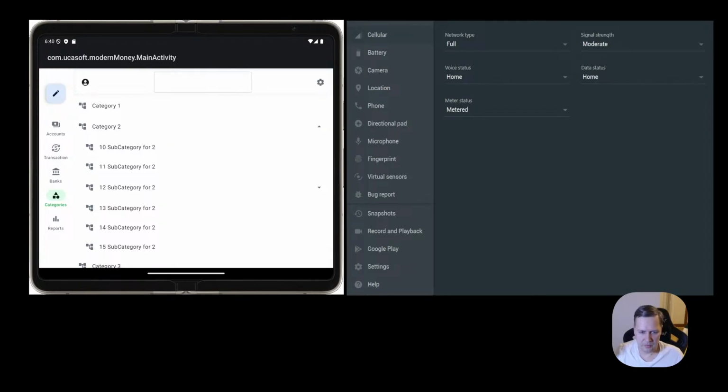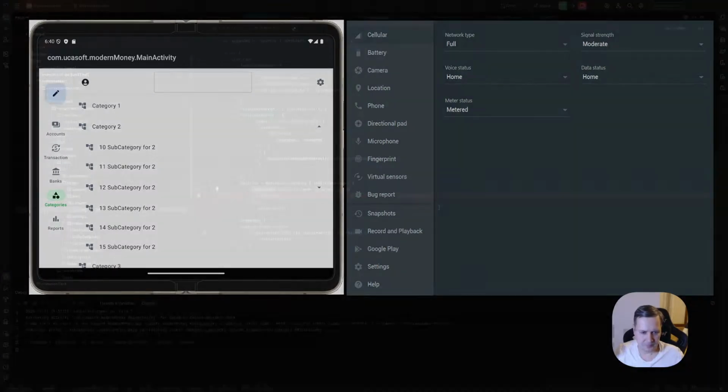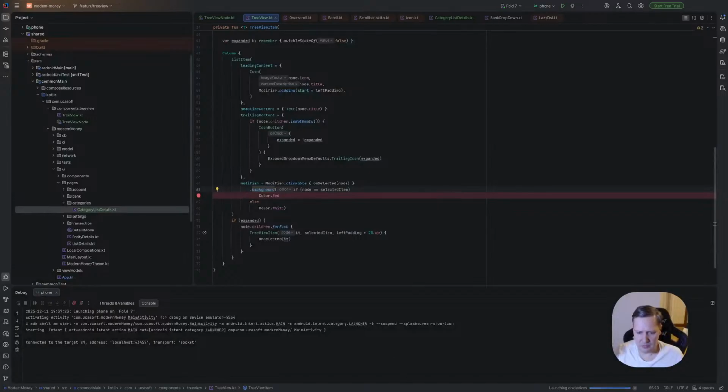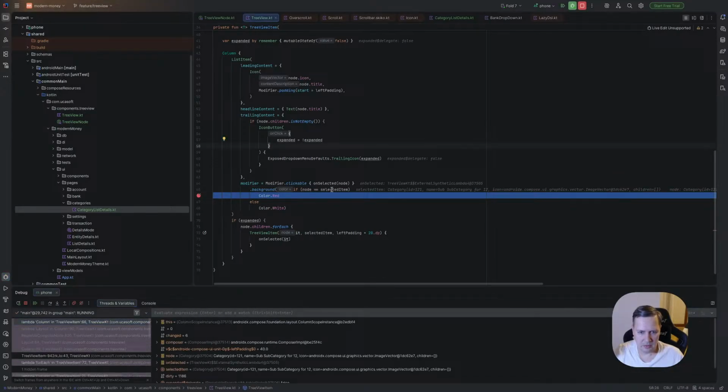Maybe because my background doesn't work properly, so let's try to debug it again. So I'm here right now, and we will see if it works, it should be red for some node. So I will choose the deeper one, this subcategory for 12. Okay, we are here, and selected node is subcategory for 12, and we should return red, but it still doesn't work.